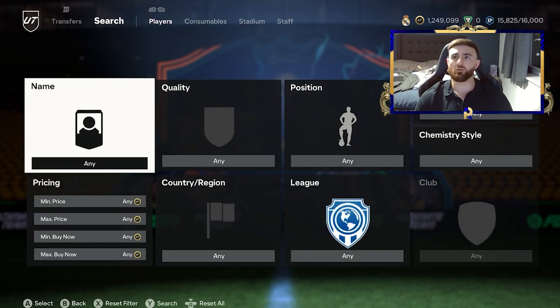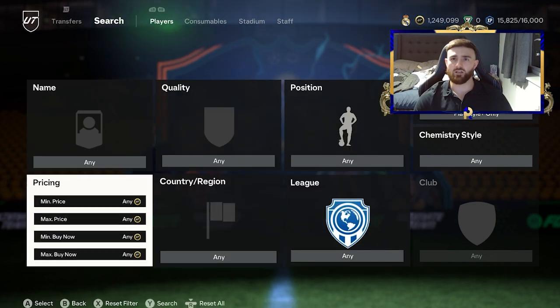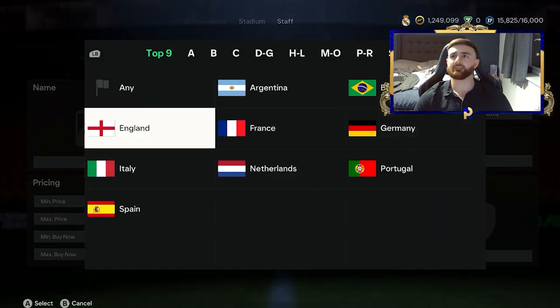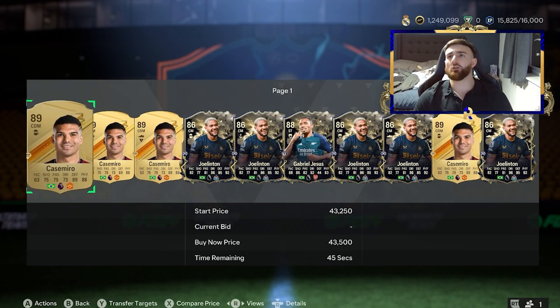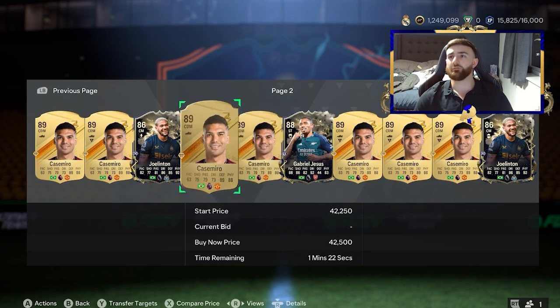Now, the other route you can go down, of course, is your generalized sniping. Playstyles Plus played a big part this year in making sniping a lot easier. If you go minimum 10 to 50 Premier League, let's say Brazil, for example, let's have a look what we got there. So Casemiro, we got Gabriel Jesus, we've got